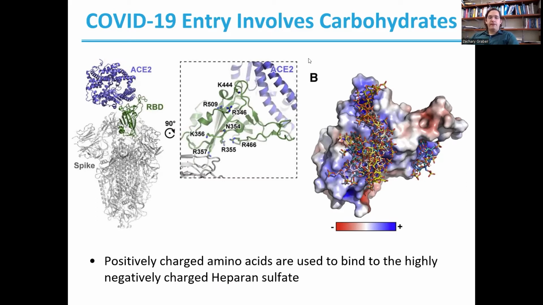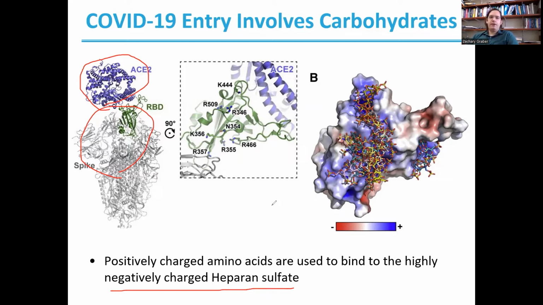So as I mentioned previously, heparan sulfate here is a highly negatively charged sugar polymer. And it will bind to positively charged amino acids. In this case, it's binding to amino acids from the spike protein, and it's helping to cross-link that to the ACE2 receptor as well. So as we saw with that data on the last slide, this sort of interaction can help to increase the interaction between the proteins and then eventually trigger things such as infection.